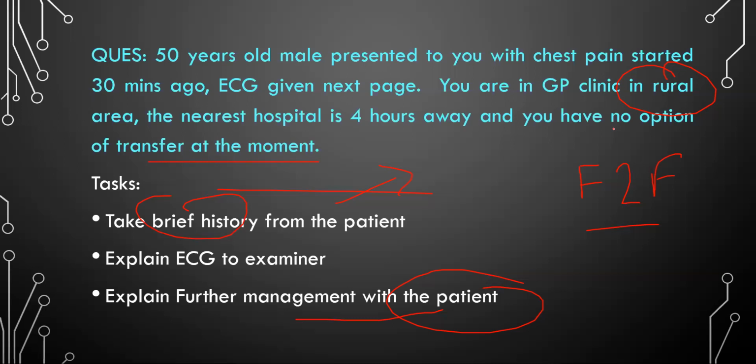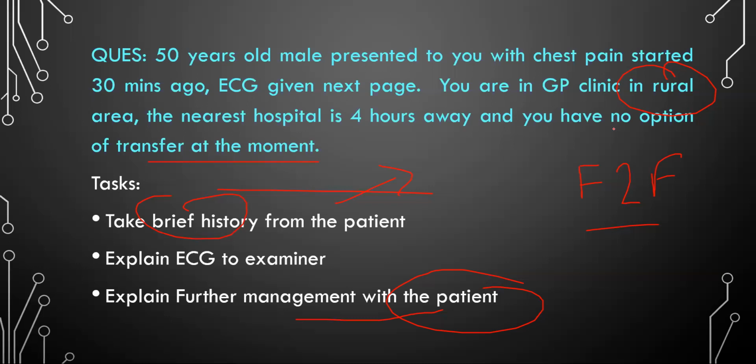contraindication of thrombolytic agents. So have you had any bleeding in your brain recently? Any history of a stroke in the last 3 months? And also you need to find out if the patient has any bleeding disorder, are you on any kind of blood thinner at the moment? Okay, so these are a couple of contraindications for thrombolytic agent. If you ask that, the examiner will be happy.